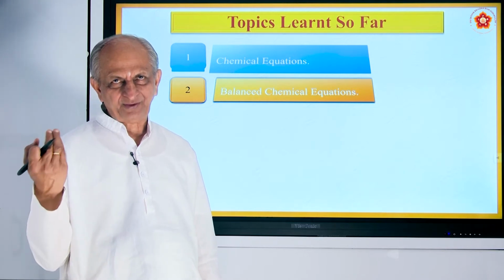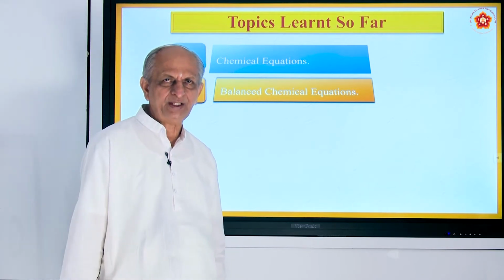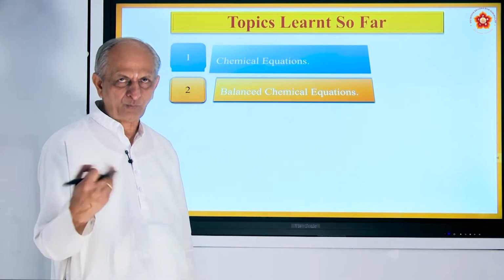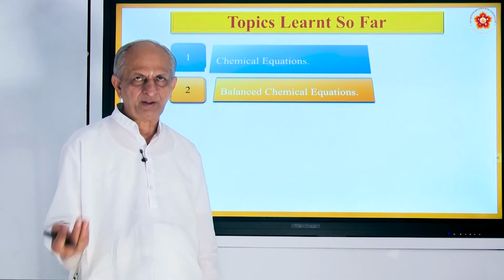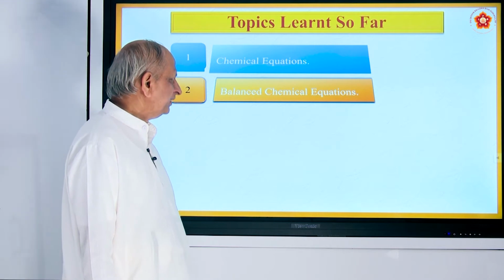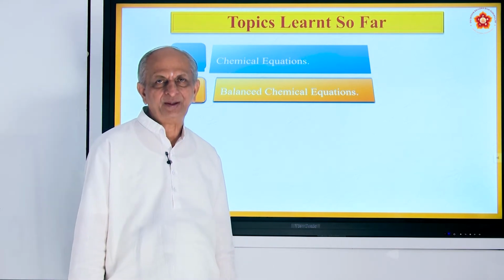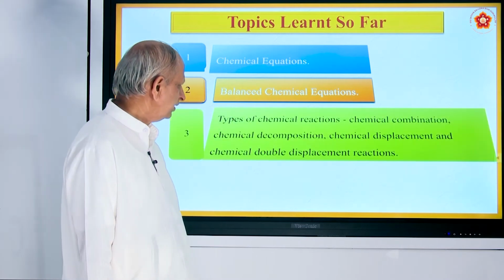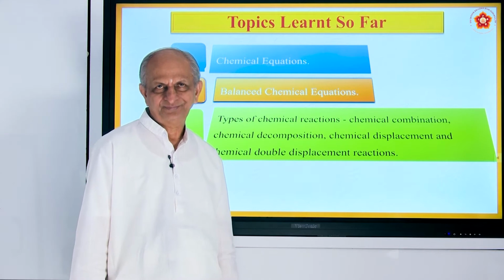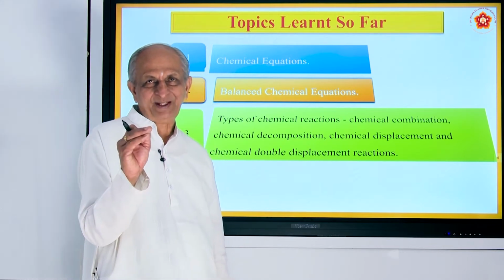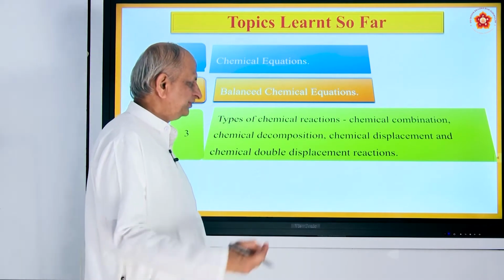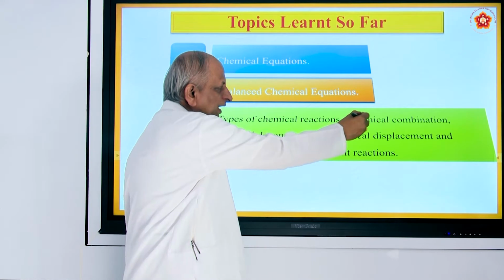Number of atoms on the reactant side should be equal to number of atoms in the product side, or number of moles, or number of volumes in case of gases. And then the equation becomes a balanced chemical equation. Also you have seen different types of chemical reactions. So only when reaction takes place you write the equations. Reactions consist mainly of what's called chemical combination,